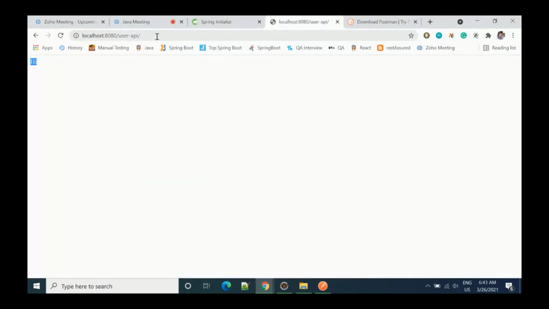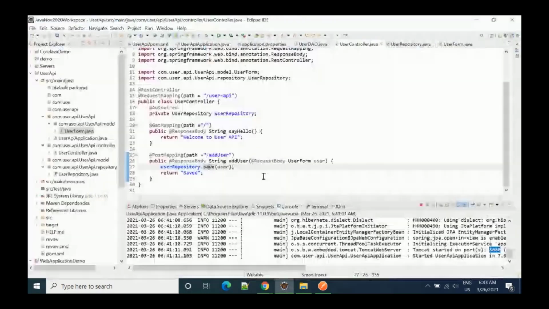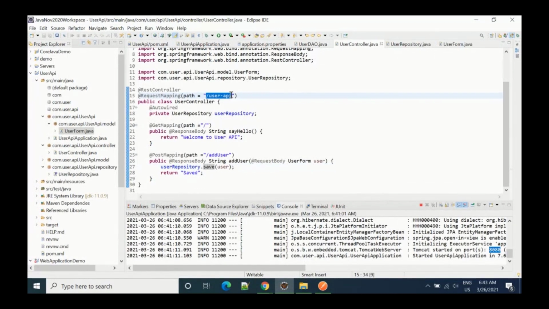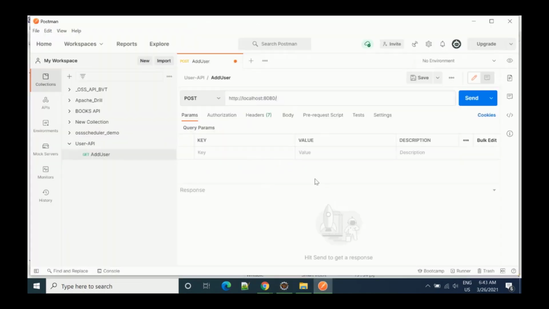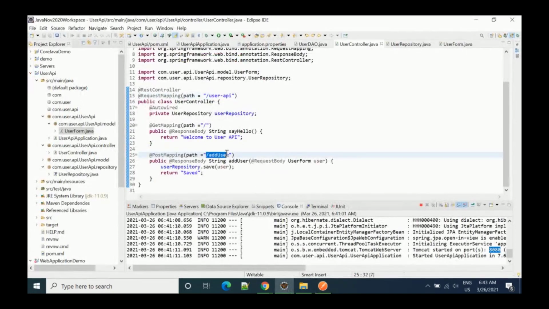After that, we have to write /userapi. You can get this from here. So /userapi, and after userapi you have to write /adduser. We have mentioned add user here.